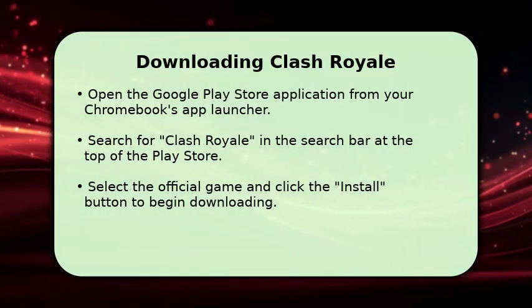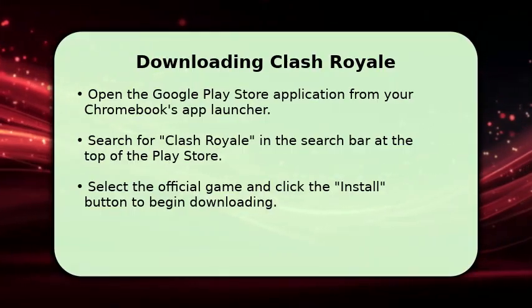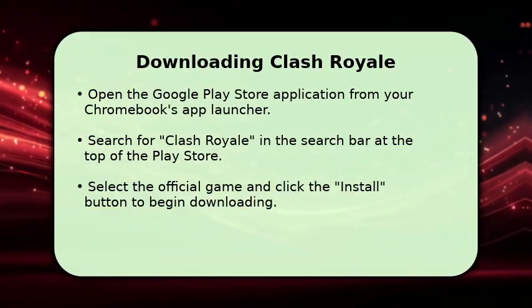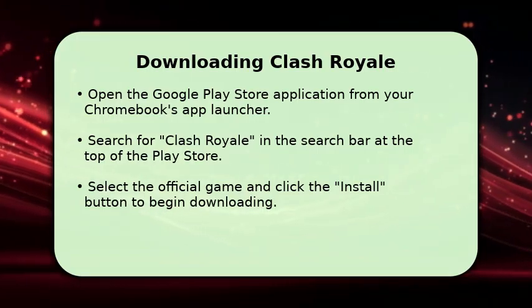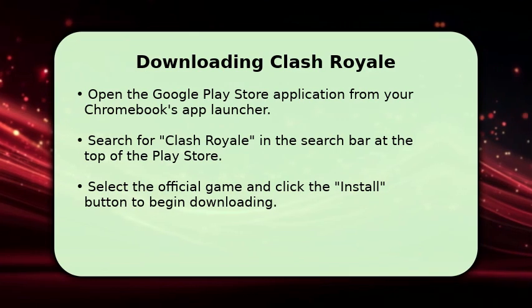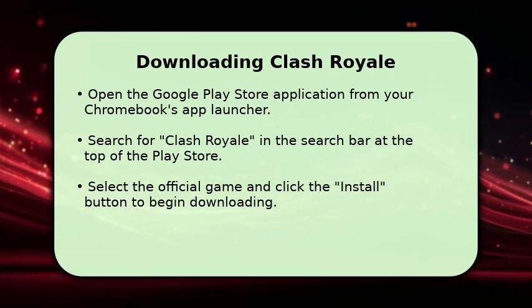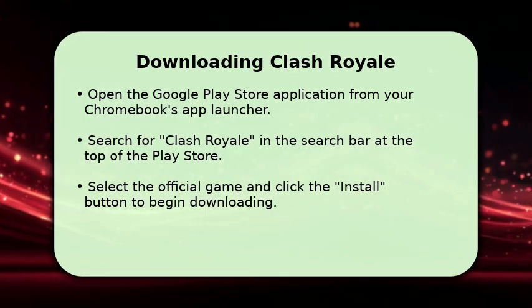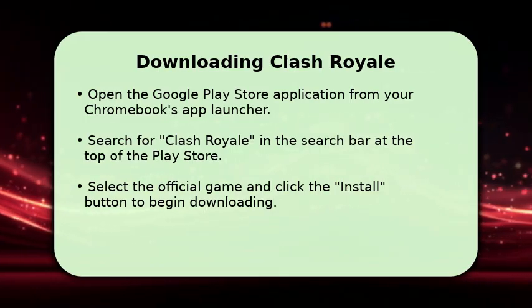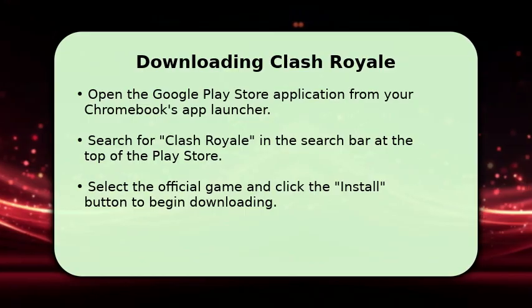With the Google Play Store now active, open it up from your Chromebook's app launcher. It looks just like the Play Store icon you'd see on an Android phone or tablet. Use the search bar at the top to find Clash Royale. Make sure you select the official game from Supercell. Then, simply click the Install button, and the game will begin downloading and installing onto your Chromebook, just like any